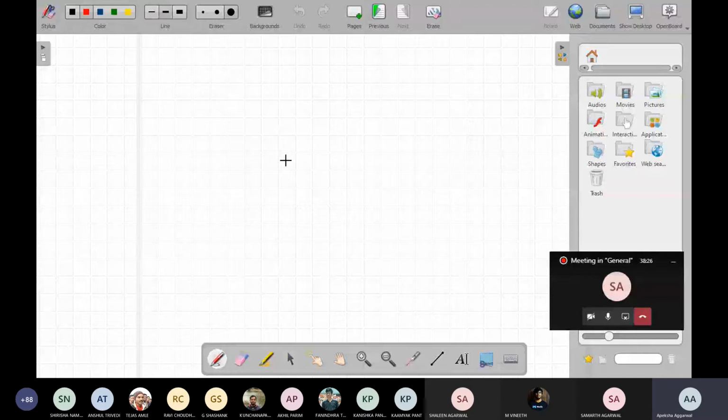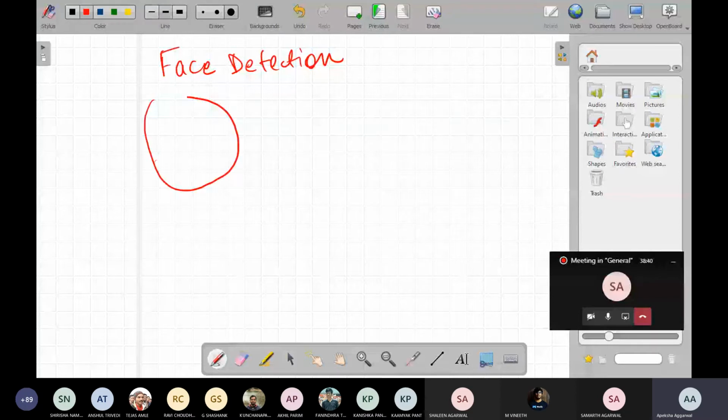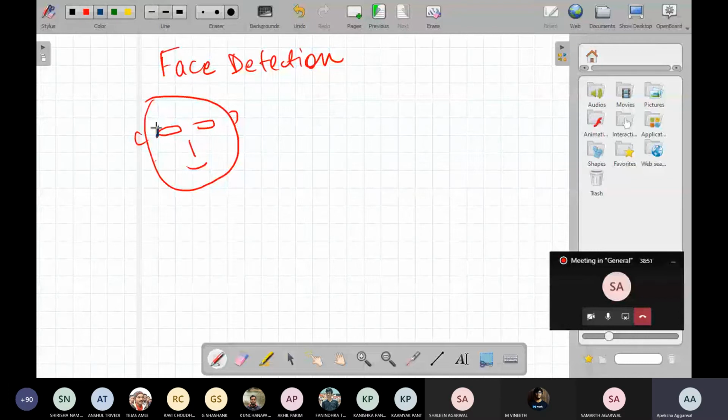Next, what we are going to discuss today is the landmark. Let's say we are doing face detection. For detecting a face, we have so many points. In a face we have eyes and other features.